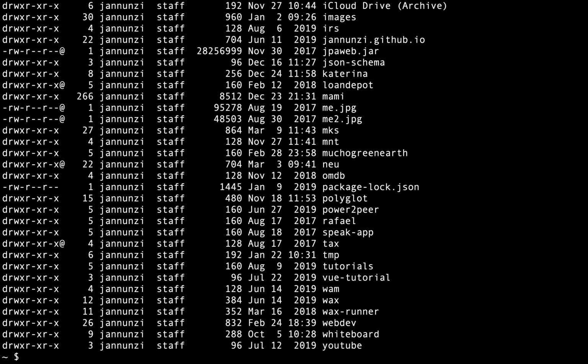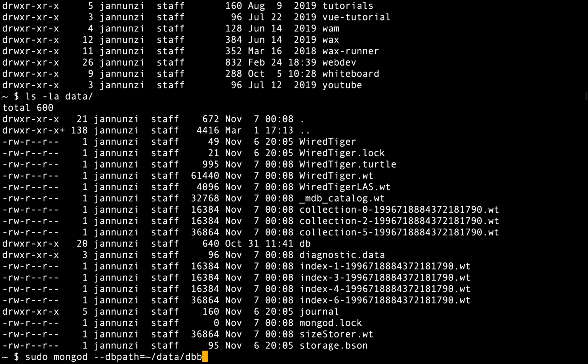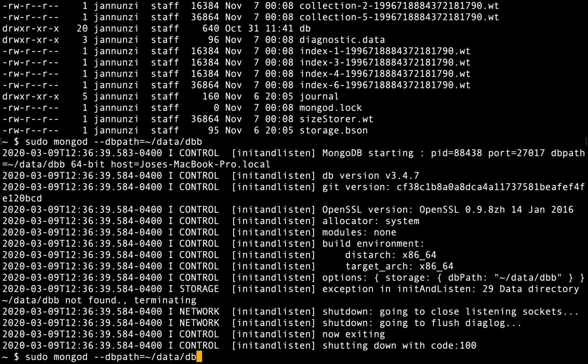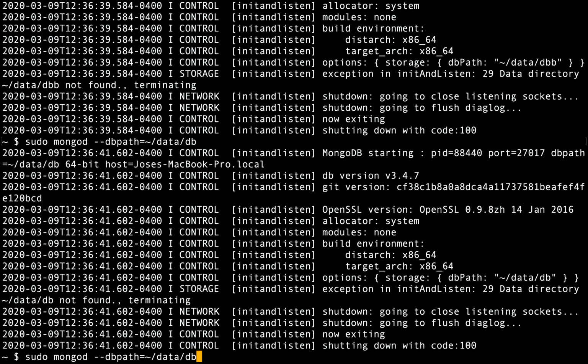All right, so we should be able to start it and say that we want the DB path to be tilde data/db. Oops. No. Maybe that's not the command line.